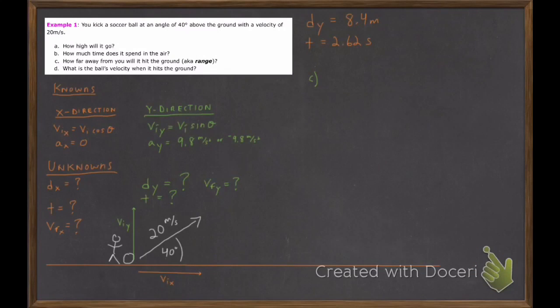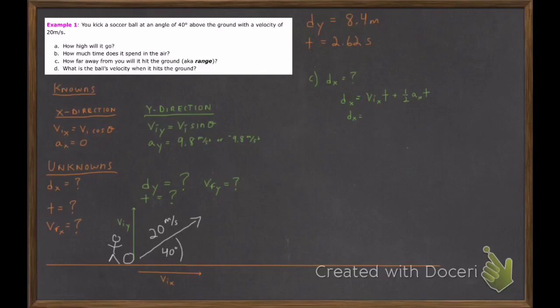Alright, so the next question asks, how far away from you will it hit the ground, aka the range? We want to find the dx, the displacement in the x direction. Since we now have the time, we can use the equation dx equals VIX times the time plus 1/2 AX times t squared. Now when we fill in the information,